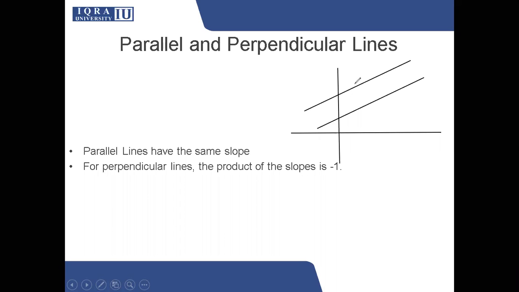And parallel lines have a property: they have the same slope. So for example, if this is line 1 and this is line 2, the gradient of line 1 and the gradient of line 2, gradient and slope being the same thing, will be equal. M1 will be equal to M2. This is a property of parallel lines. Even if they're like this, or like this, as long as they're parallel, both of those lines will have the same gradient.